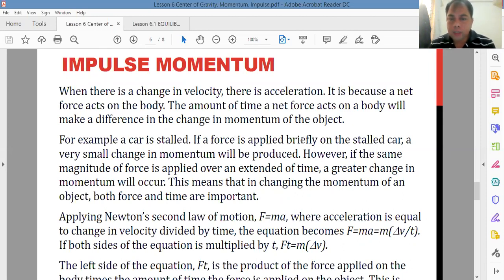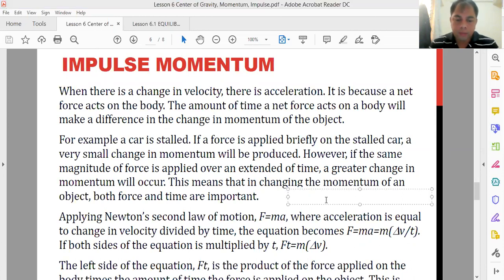And again, impulse, but in this case, I'll symbolize impulse with the letter I. Impulse I is equal to the product of the force times the time that force was applied. So again, when a car collides